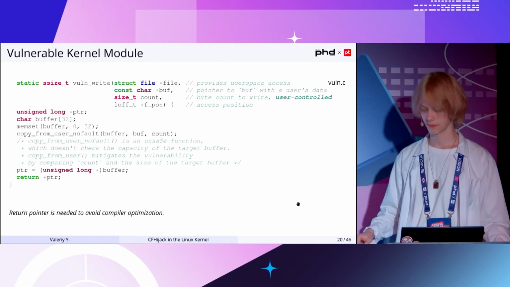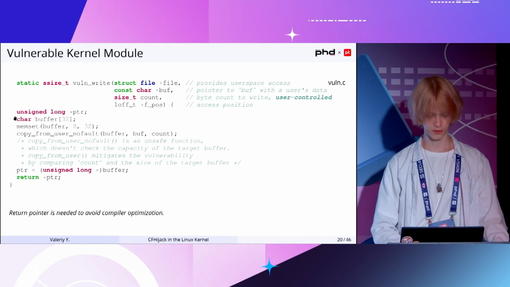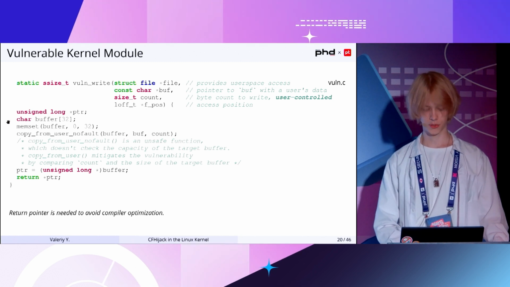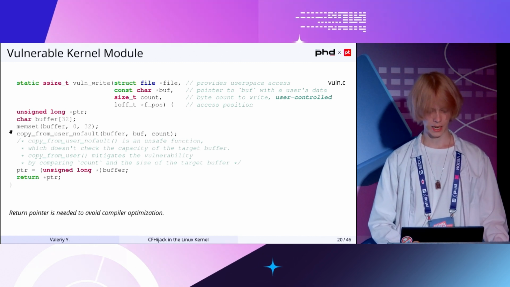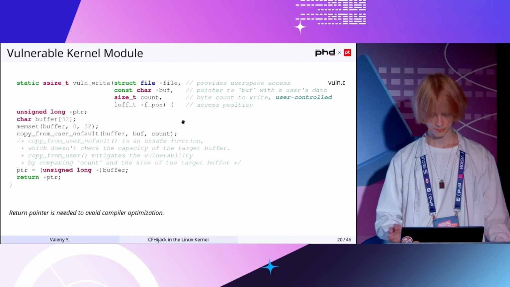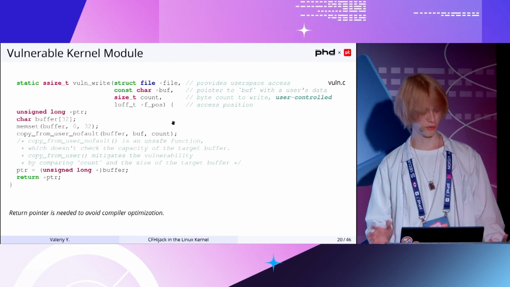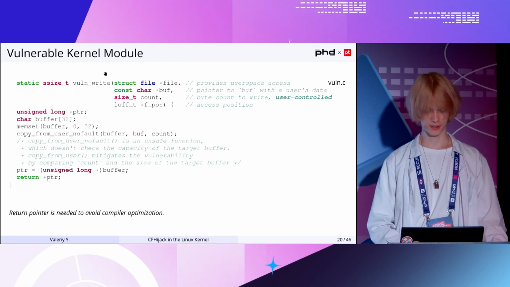We have a char buffer of 32 bytes, and the memset fills it with zeros. Following that, you get the copy_from_user line. Everything seems to be fine, but